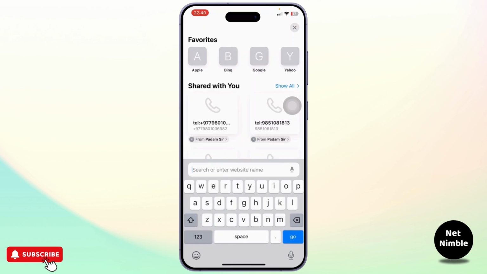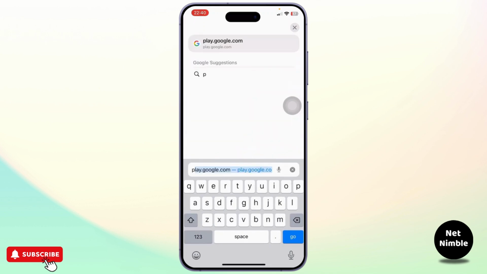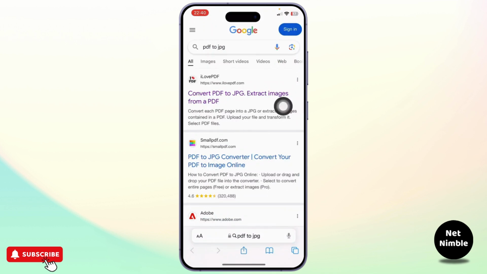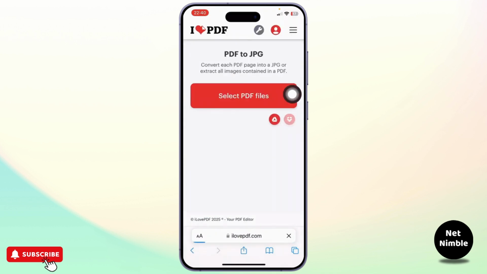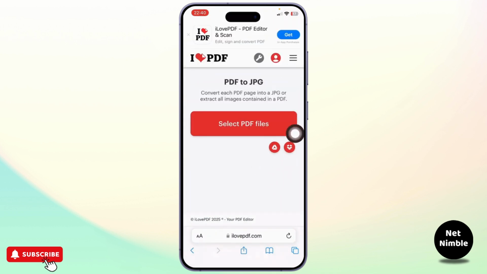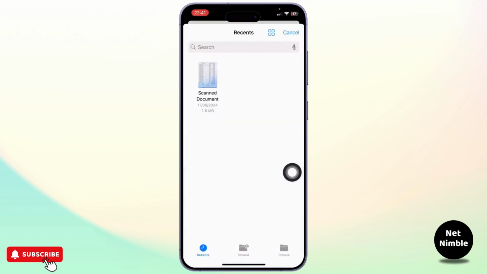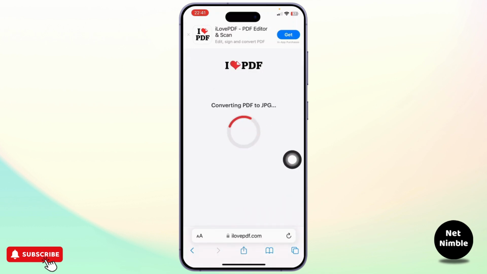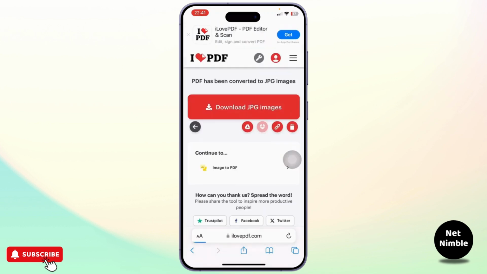So first thing what you want to do is simply head over to any of your browser and simply search for PDF to JPG and just click on the first website that pops up and just select PDF file from over here and select any of your PDF file. Click on open button over here, and as you can see, there's an option called convert to JPG. Just click on it and wait for some time for it to convert. And once it is successfully converted to JPG format, simply click on this download button,